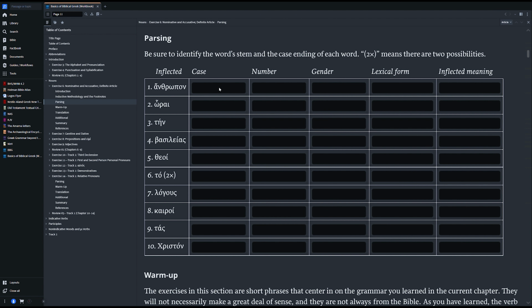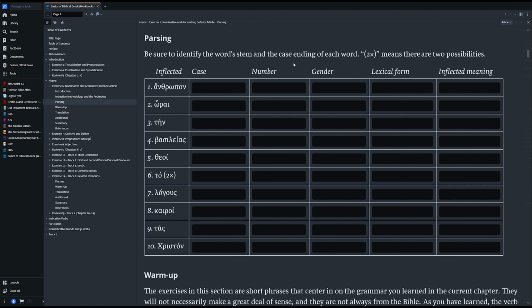I'm not going to be going through the entire workbook in its entirety. I'm just going to be going through a handful for each exercise, and that's about it. So really my goal is just to walk through a few and hopefully get you started. Okay,